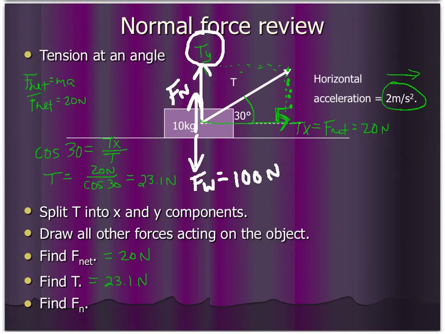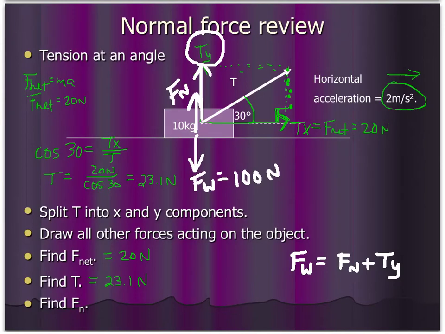So when I find Fn, I'm going to need to set the Fw equal to the normal force plus that Ty, or that vertical portion of tension. And you've experienced this if you've ever pulled a sled across the field. You know that as you pull on that cord at an angle, the front end of that sled lifts up a little bit. And so there is a little bit of that weight component that is sort of being counteracted by that upward